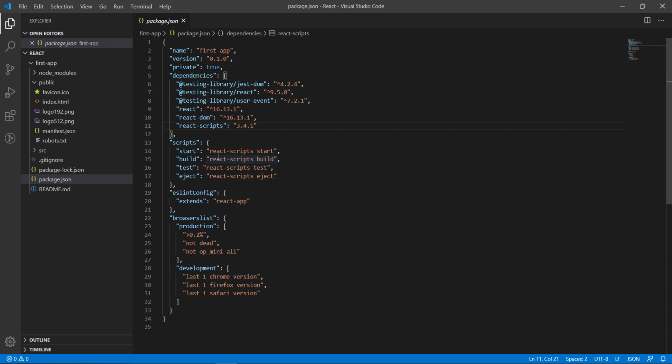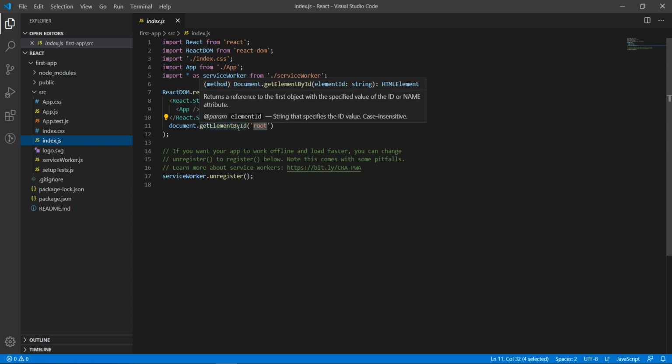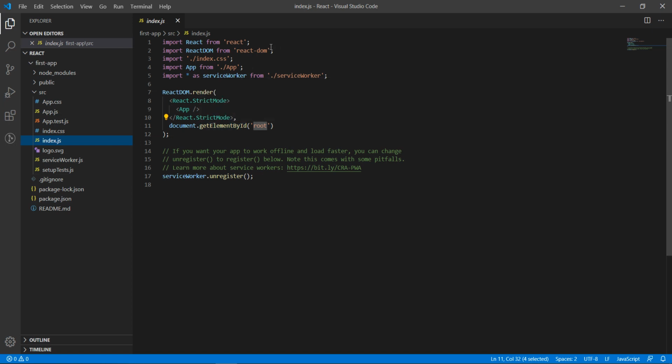Let's look into the src directory, where you can see the index.js file that is used as the entry point in the application. If you look into the file, at the top they have imported two major packages, React and React DOM. Then they have imported a CSS file, which is used to write the style of the application, and then the App file is imported.